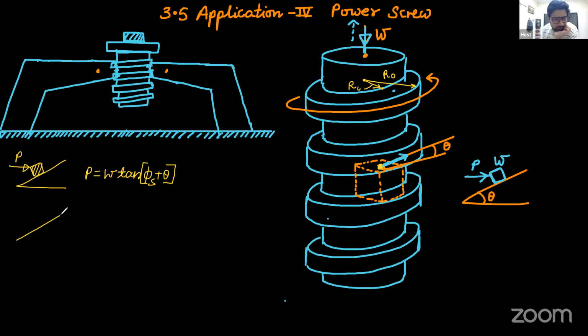And the force required to move a block of weight W down the plane, you calculate as W tan(phi_s minus theta). Same formulas are applicable here also. W is present, theta is present,